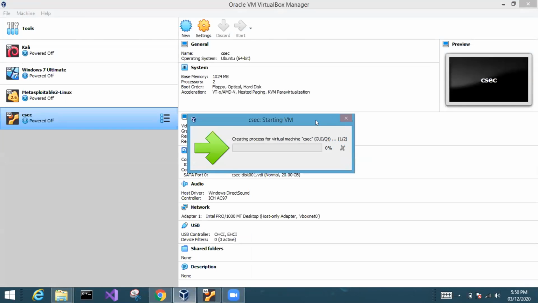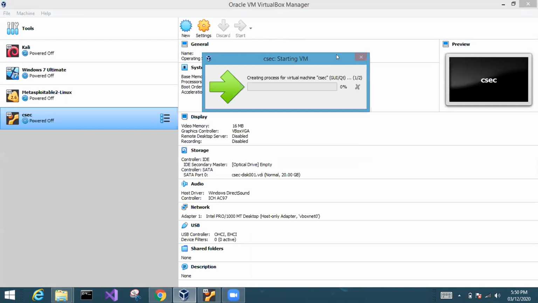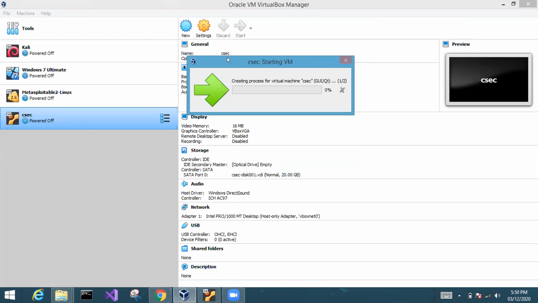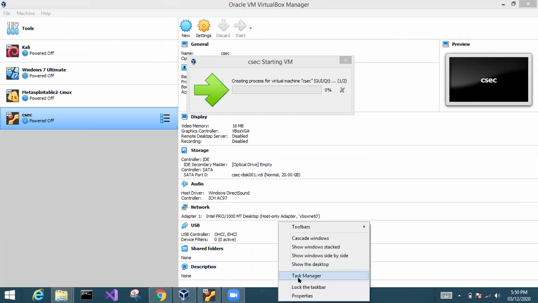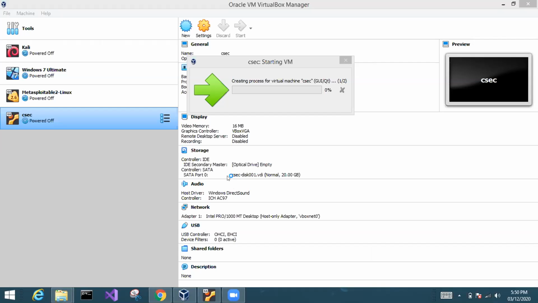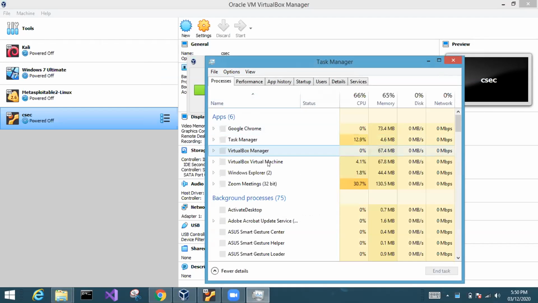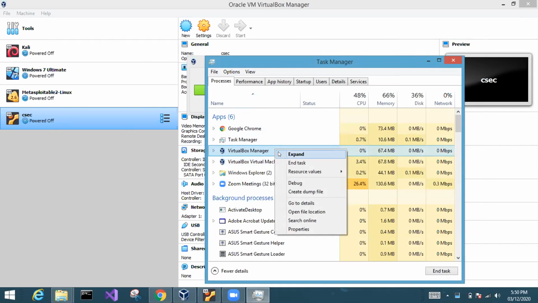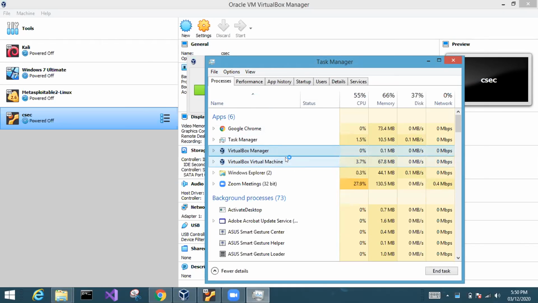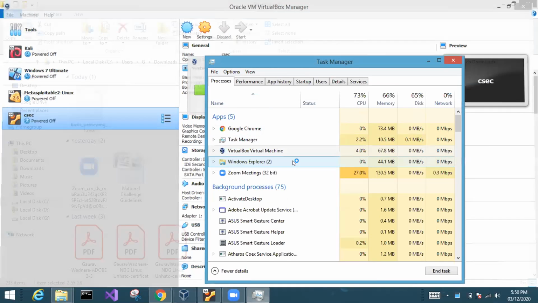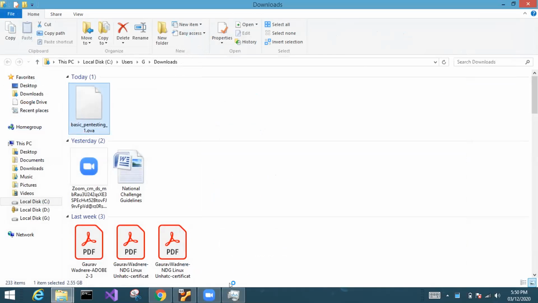It's stuck on starting VM, I think, right? Yes. So you have to end this process, because it's not going to start. Just try right clicking and closing this virtual machine's icon from the task tray itself.